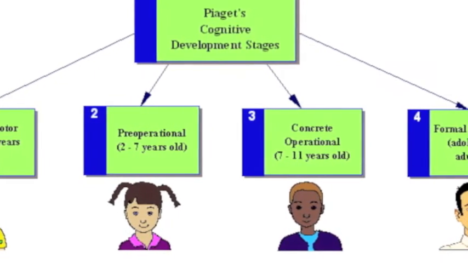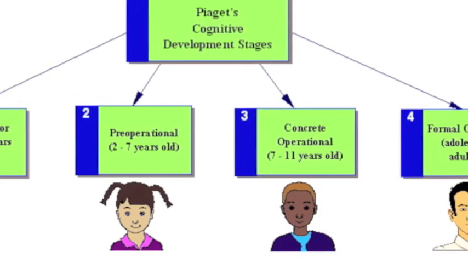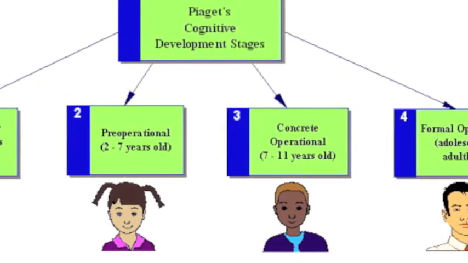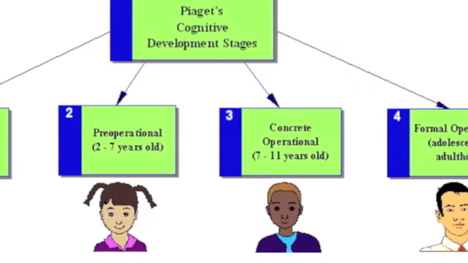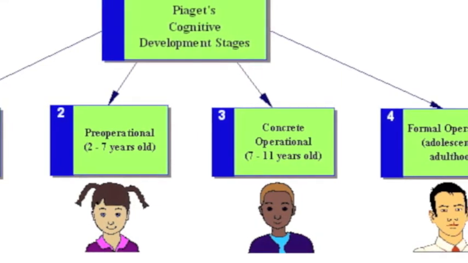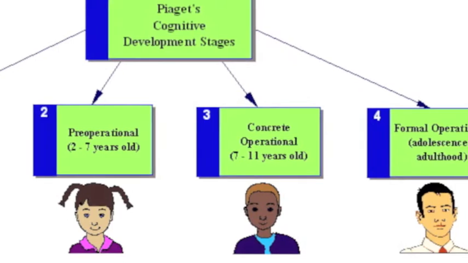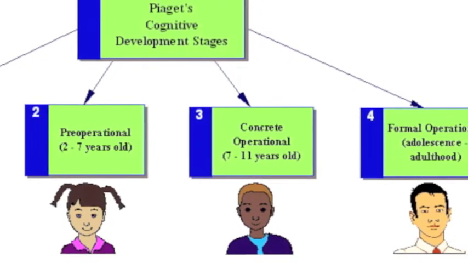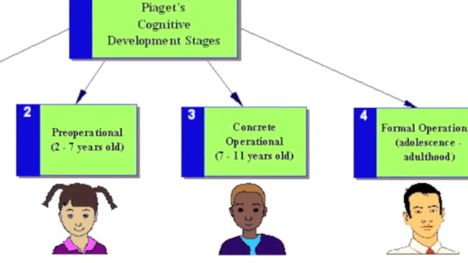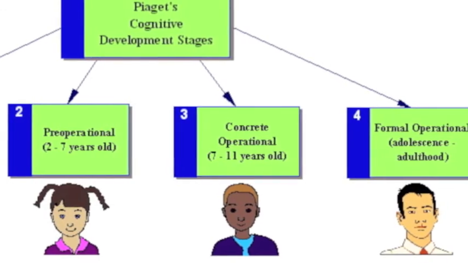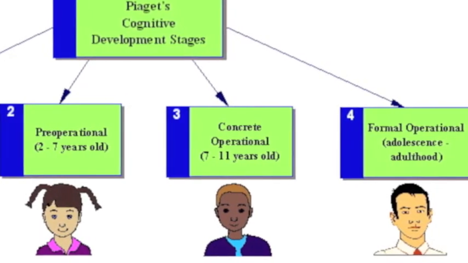I found this very useful because music is such an abstract subject. It is important to understand a child's viewpoint with concrete objects as well as abstract ideas. Here's an example of Piaget's theory in a music classroom for the sensory motor stage. Here, the babies and toddlers are interacting with the environment through music.